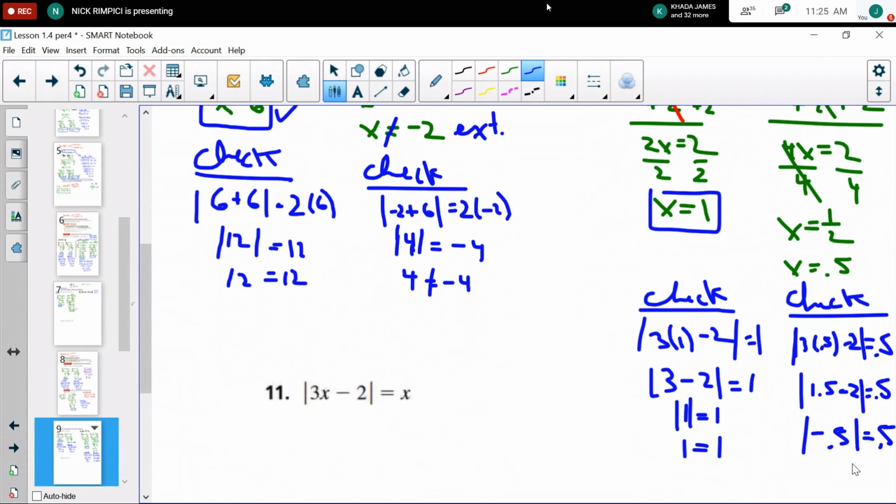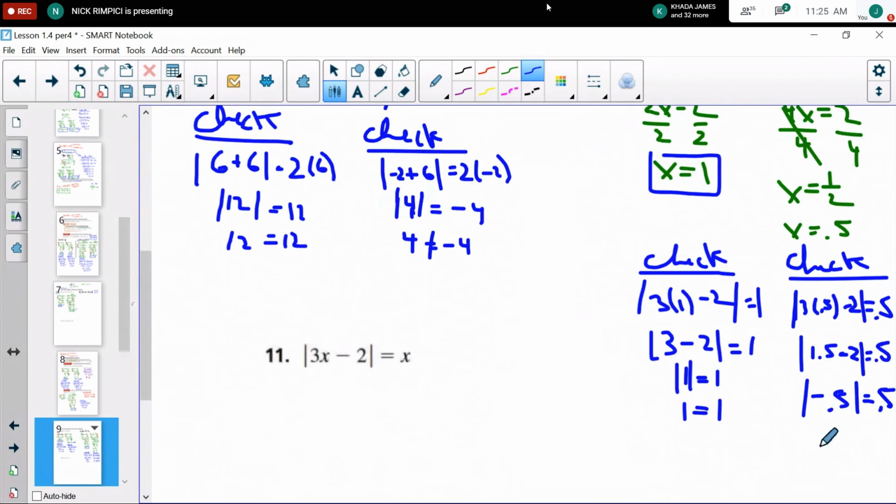And the absolute value of negative 0.5 is 0.5. So this one actually works out. Both of them work out, right? This makes the statement true as well. So yeah, 0.5 is also a solution. Nicely done. So he solved this one, he checks everything, and he sees that 1 and 0.5 are both valid